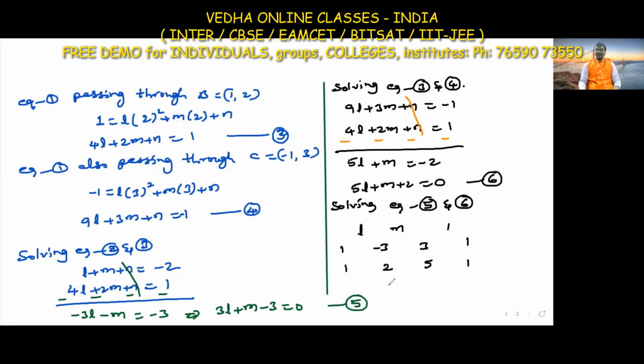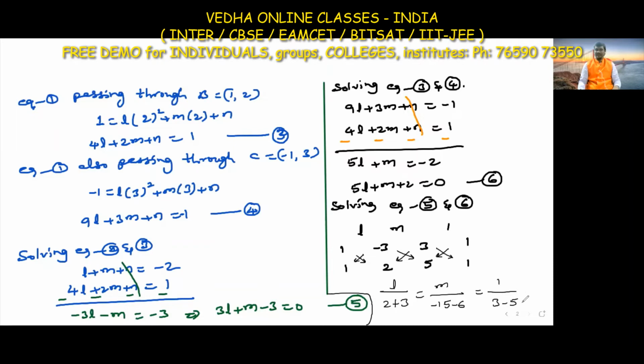Again m coefficient. L divided by, how do we write? Multiply these two, product of these two minus these two. So that means again here m divided by minus 3 into 5 and 3 into 2, 1 divided by 3 into 1 minus 1 into 5. If you multiply 1 into 2 is 2 minus, and minus 3 into 1 minus 1, minus 3, 2 plus 3 is equals to m divided by minus 3 into 5 minus 15, minus 3 2 is 6 is equals to 1 divided by 3 1s are 3 minus 5.